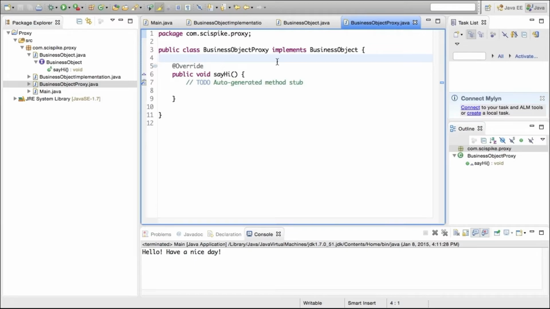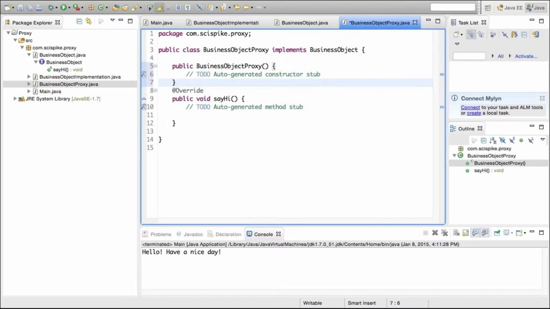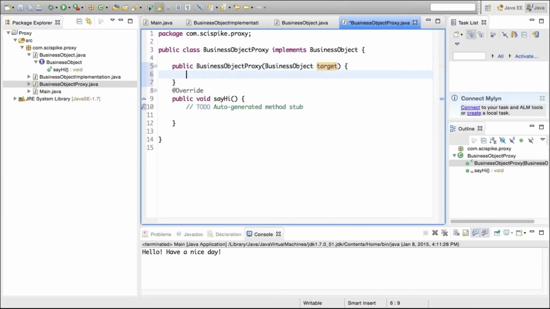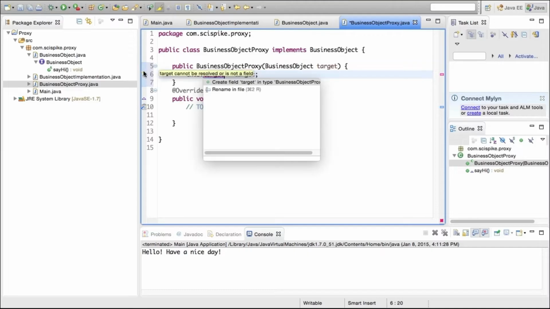override called sayHi. The first thing I'll do is to create a constructor for the class that takes a business object that I'm going to call the target. Target will be the object that I'm going to forward the requests to. So I need to store that target somewhere. Assuming I have a variable called target, I could say this.target equals target. Eclipse will show an error because I don't have that variable, but I can now use the quick fix to